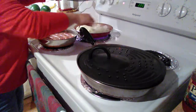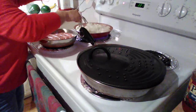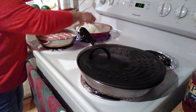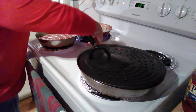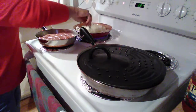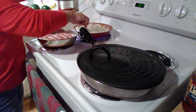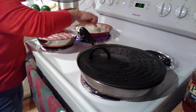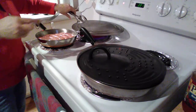But after a while, you'll see that they shrink down and they start to turn brown and they just smell delicious. I don't use a lot of salt. Once in a while, we use adobo. A lot of times I'll add garlic to my recipes, fresh garlic, but